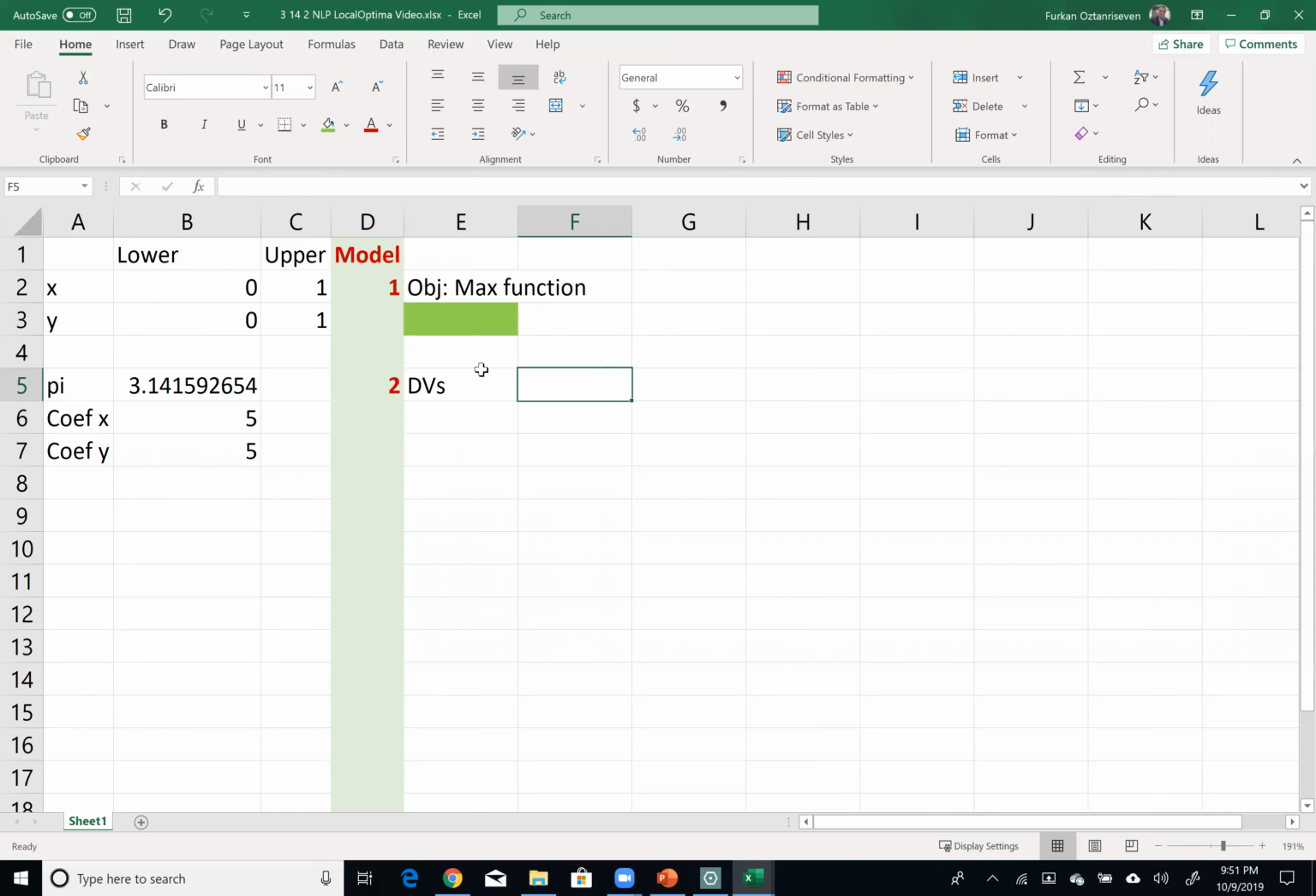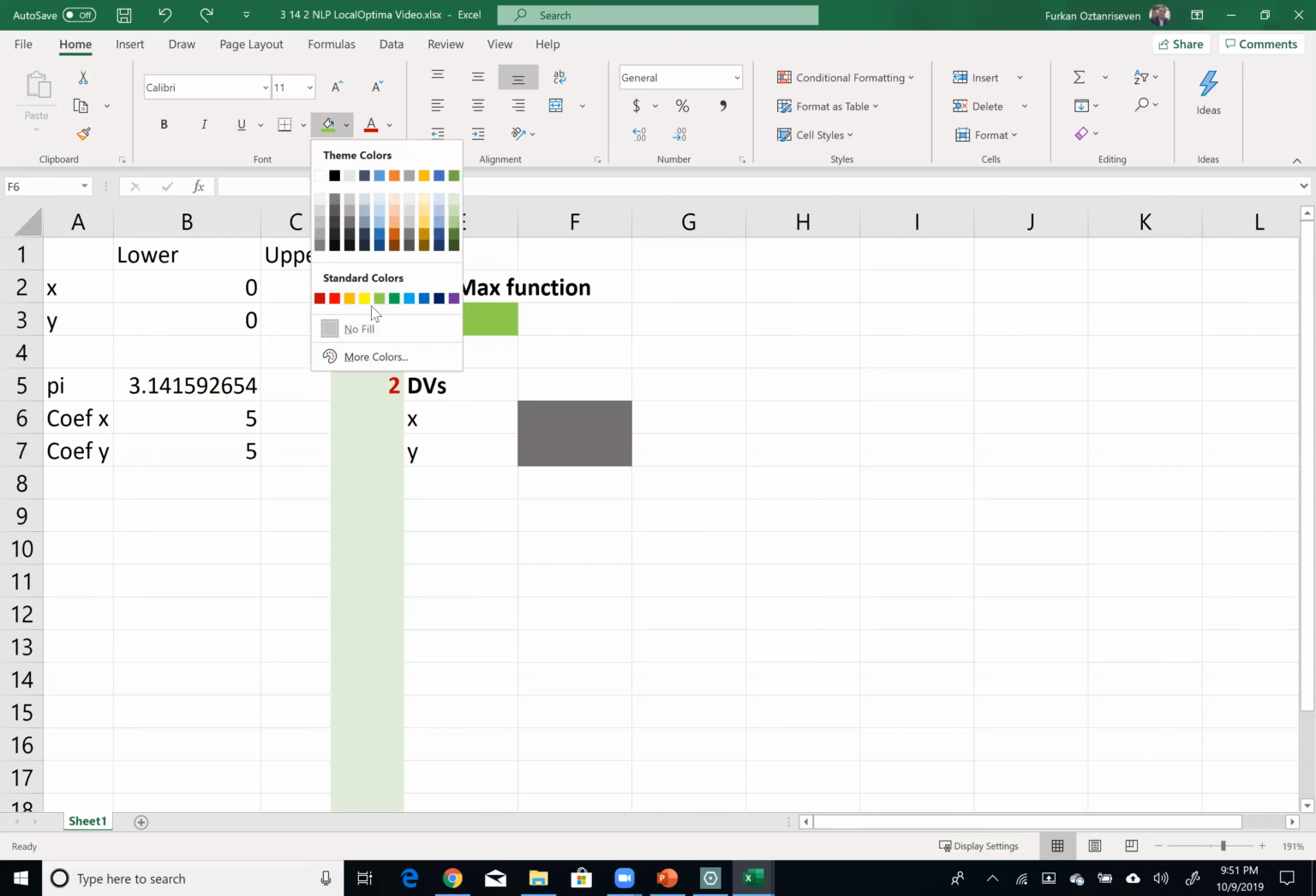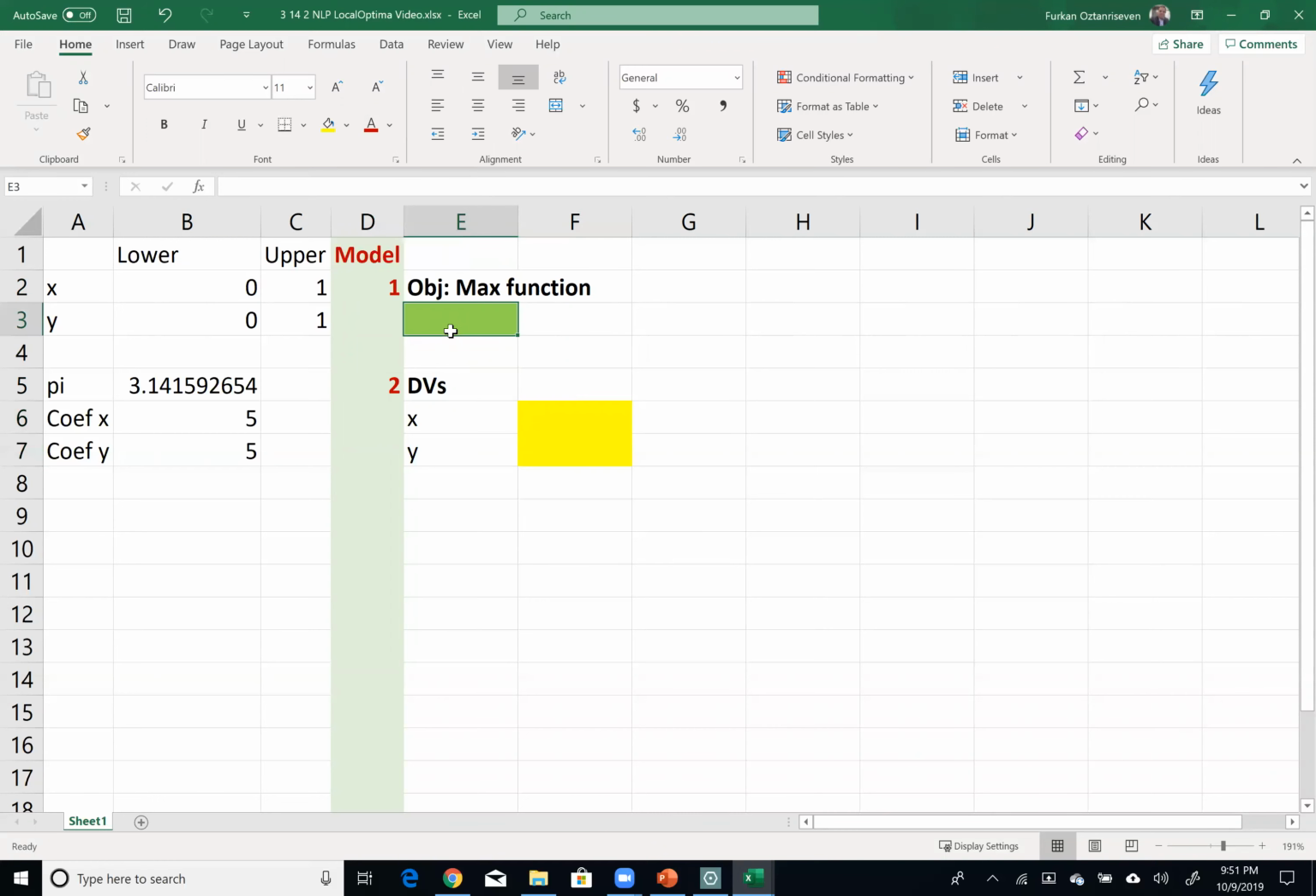In this case, I have two decision variables, namely x and y. These are my yellow cells, decision variables. So I can now write my objective function in terms of my decision variables, which is given as